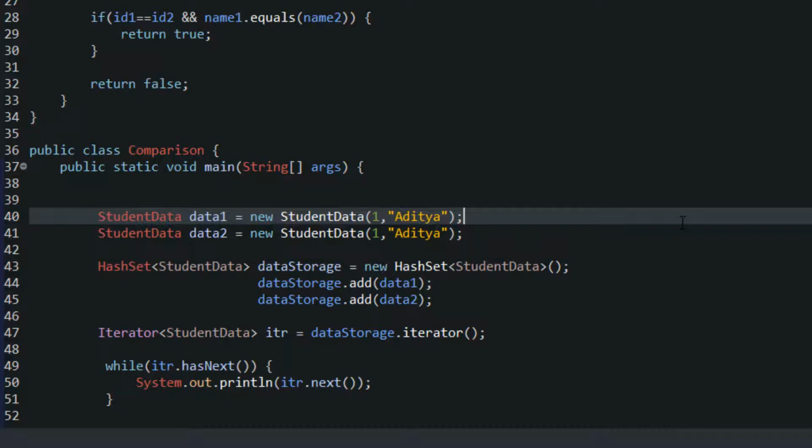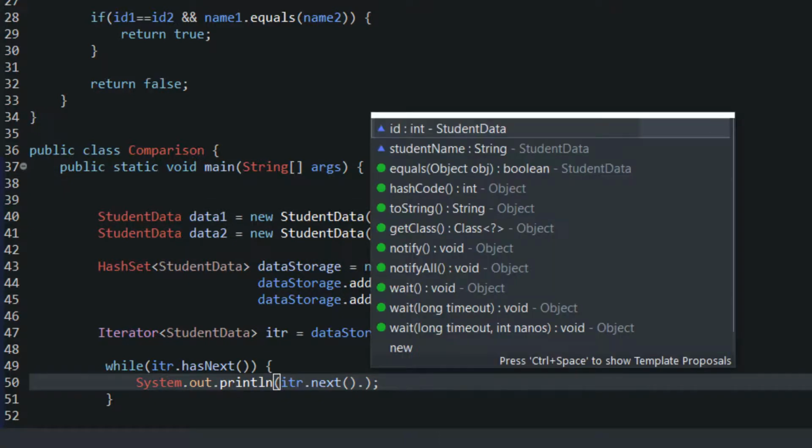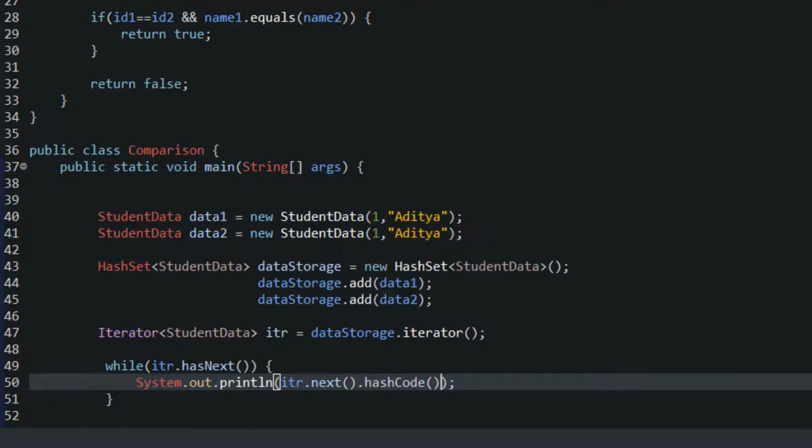That key is known as the hash code, and the value is indicated with the help of that hash code. So I will check whether it is represented by the same hash code or a different one. I will write itr.next().hashCode() to find out whether the hash code is similar or not. If the hash code is different, that's why it is storing different data.